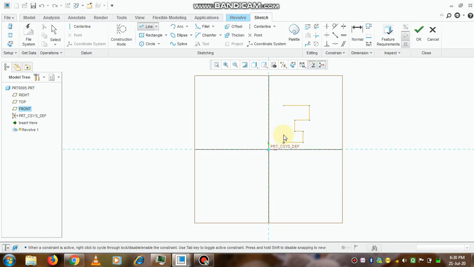So suppose we have created here a section in this way. So if we are not closing it and simply revolving it, then also there will be a hole at the center around the axis.